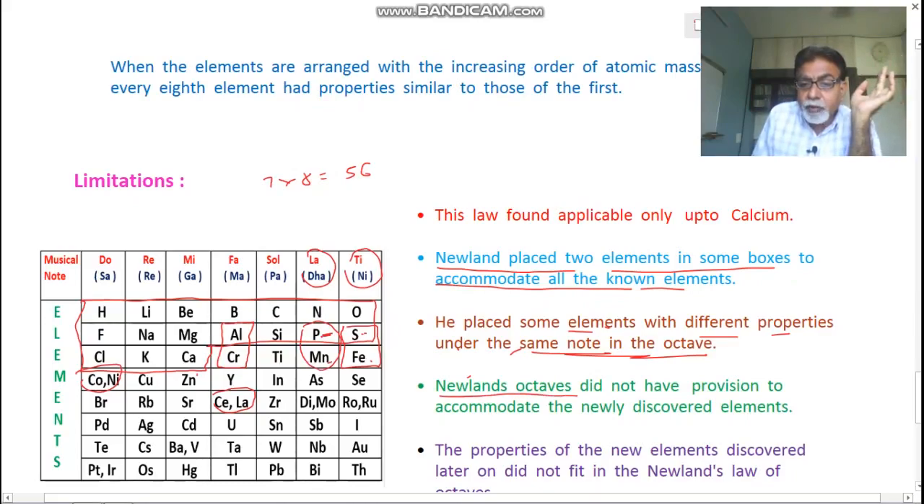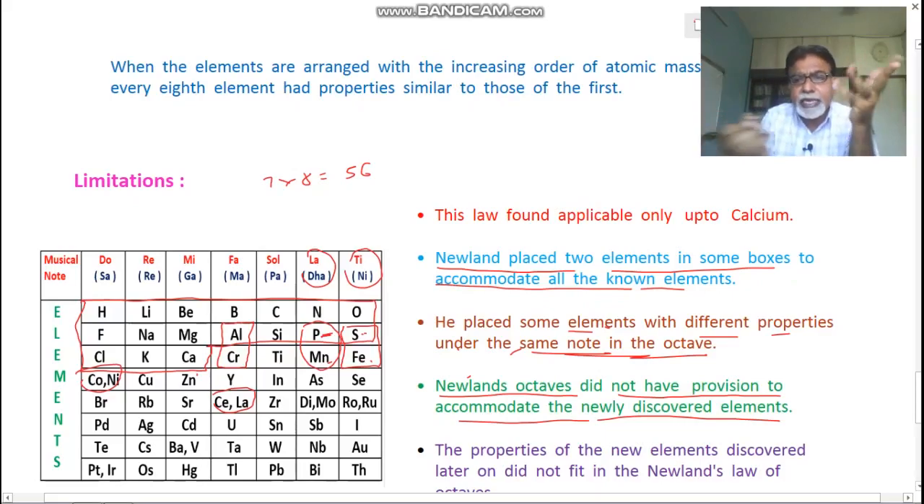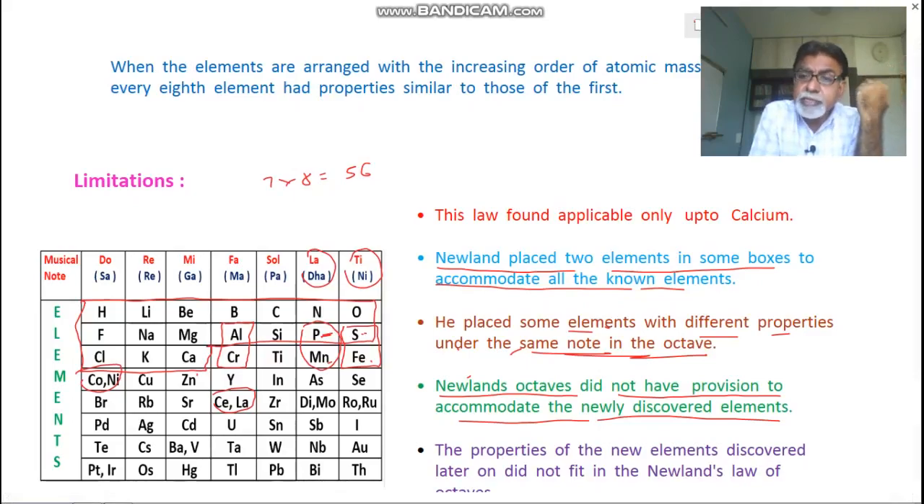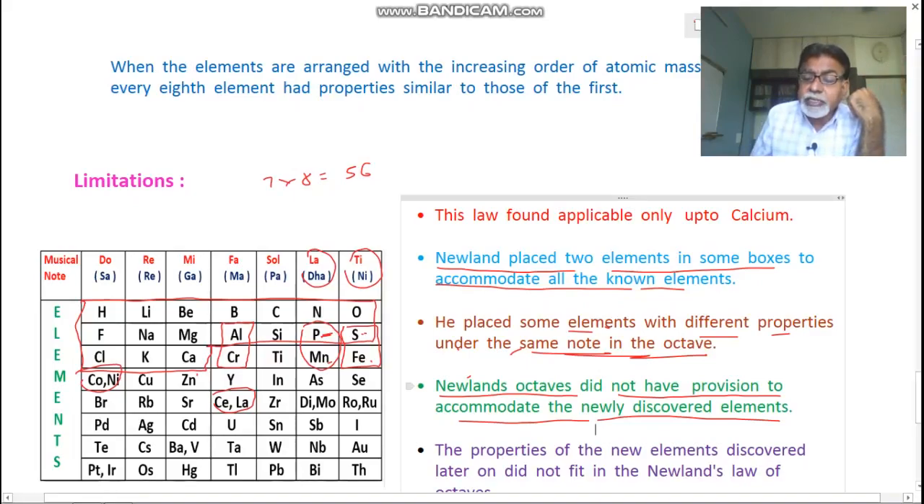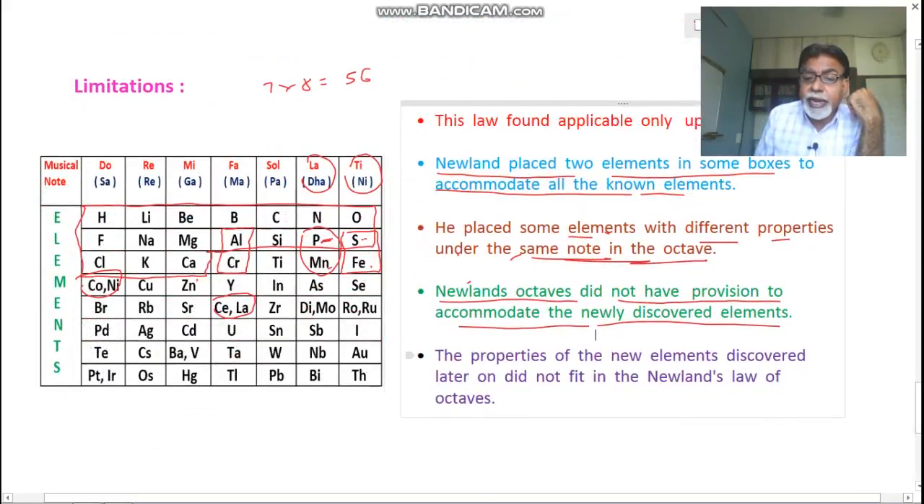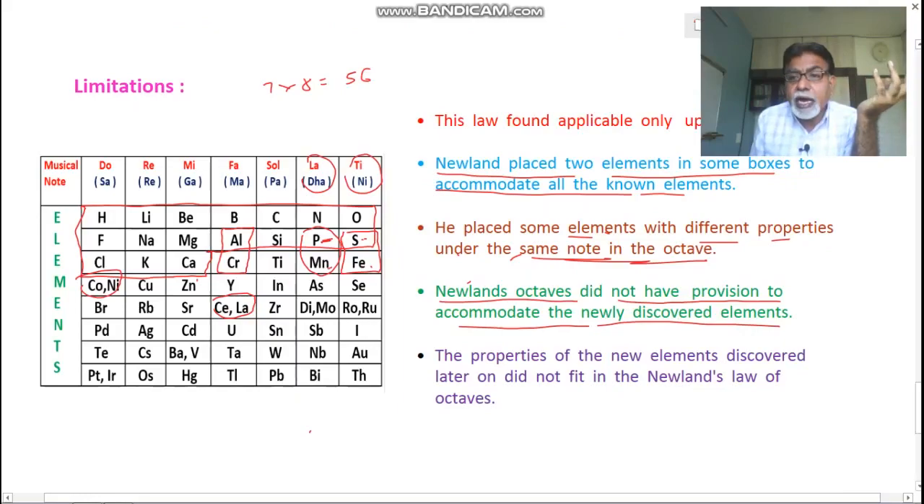Newlands' octaves did not have provision to accommodate newly discovered elements. As this table size was fixed at 7/8, where will the new elements be kept? नवीन एलिमेंट ठेवणार कुठे? This was a problem. And the properties of new elements discovered later did not fit the Newlands law of octaves. आणि नंतरचे सापडलेले जे एलिमेंट्स होते ते लॉ ऑफ ऑक्टेव्ह ओबे करतच नव्हते. And so the